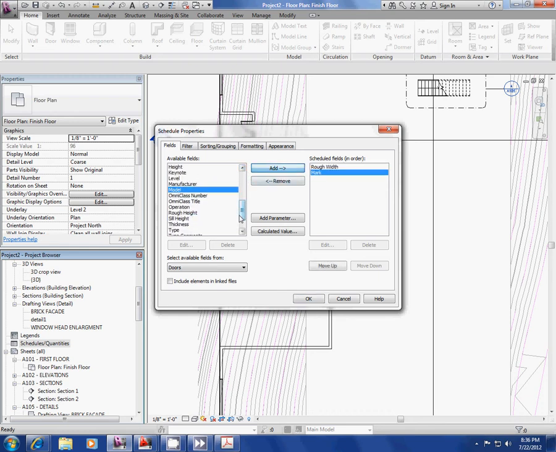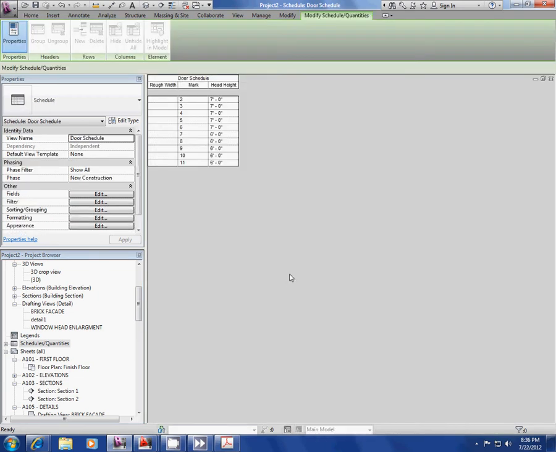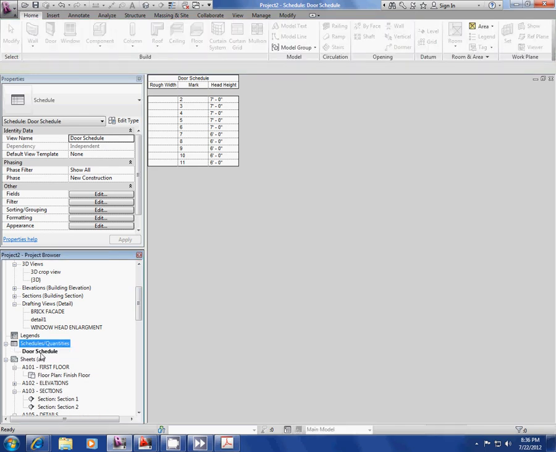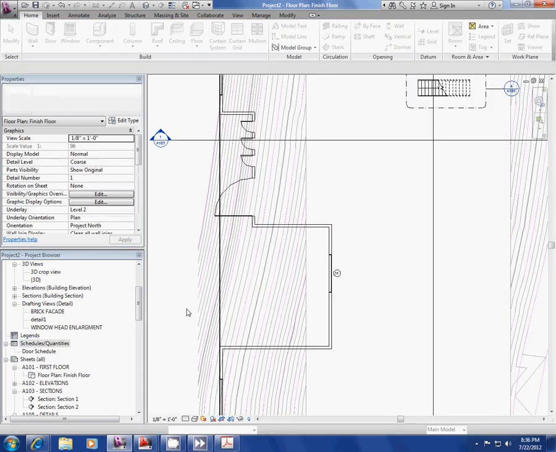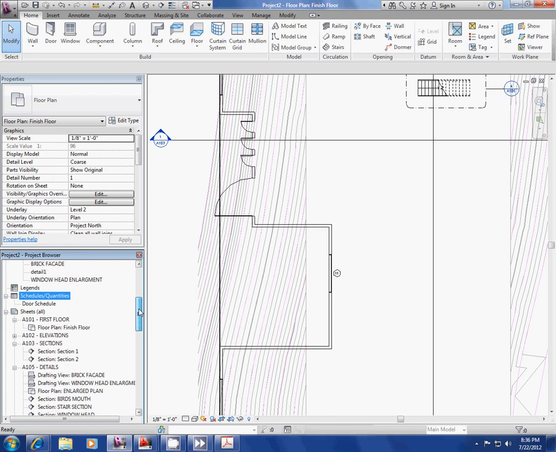The mark. And one other thing. How about head height? Okay. So we have our rough width, our mark, and our head height. And so this schedule is really not associated anywhere, but we'll notice that we can expand that, and now we have this door schedule. And really these things are legends and schedules, keynote schedules, all these things are meant for